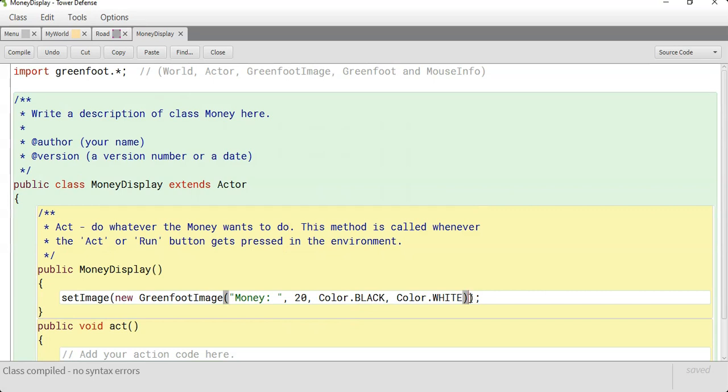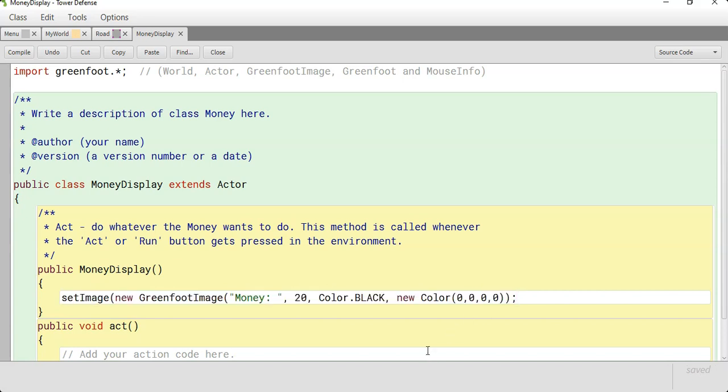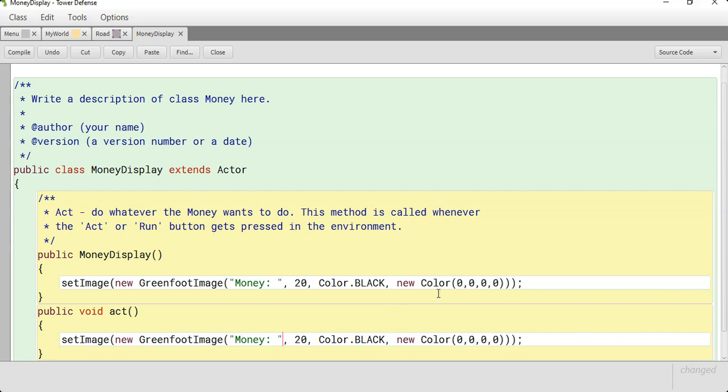And actually we can create a third color that would be the background color. We can do a new color and have it be 0000, so then it will be a clear background. We're gonna copy, paste. Okay, so add in a parenthesis. So you got 3 close parentheses on here to close the new color, close the image, and then the set